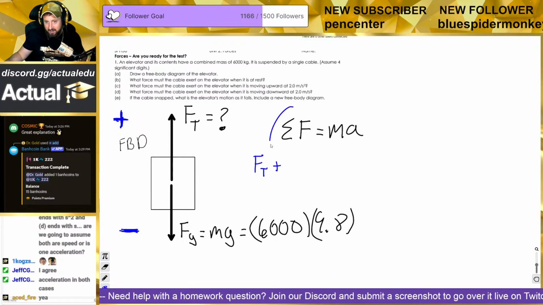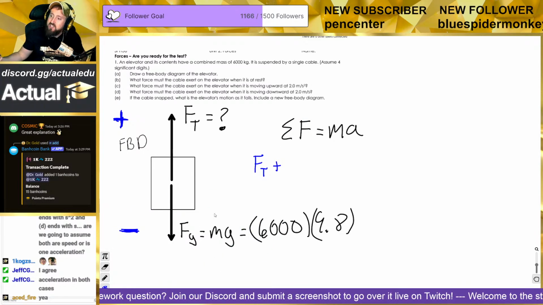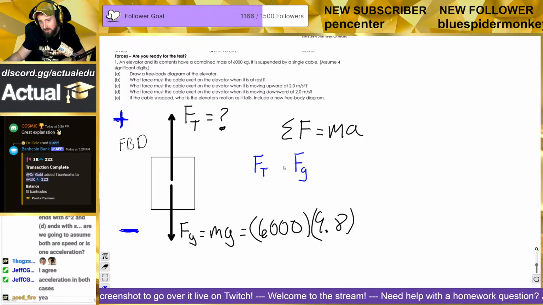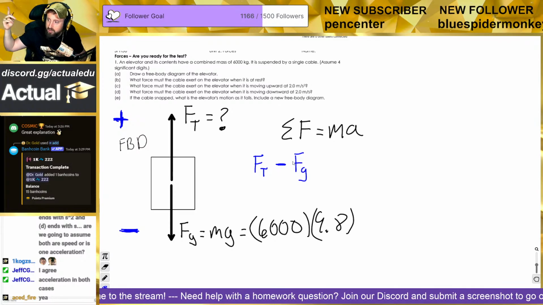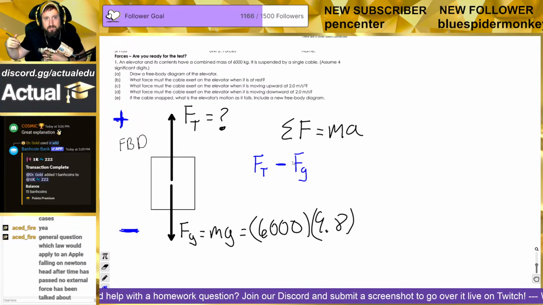Sum here means add. I'm going to add the force of gravity, which is negative, so I'm going to say plus negative Fg. Plus negative is the same thing as minus. The sign convention is important. This is the number one thing that gets screwed up in physics all the time: knowing which one's positive and which one's negative. A lot of times you'll just try to figure it out at the end. But